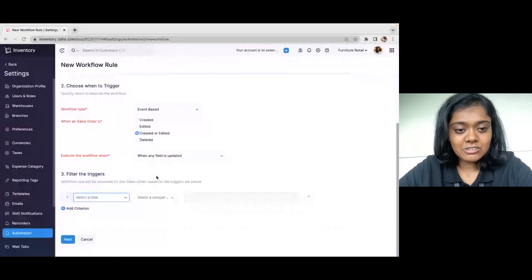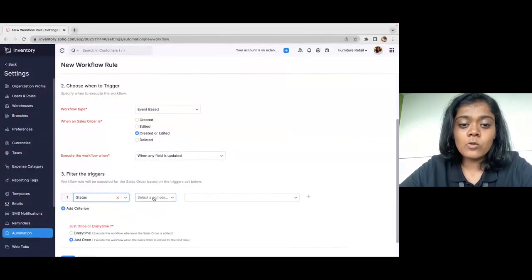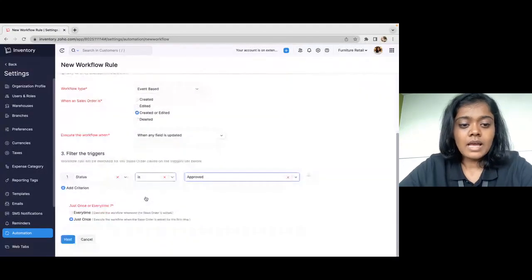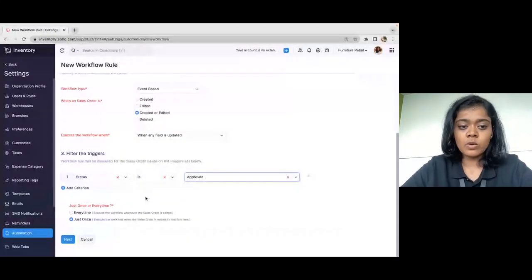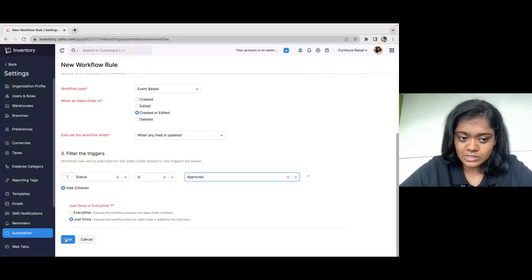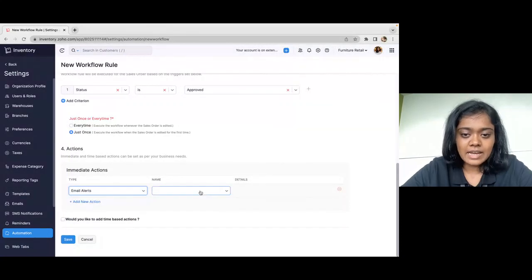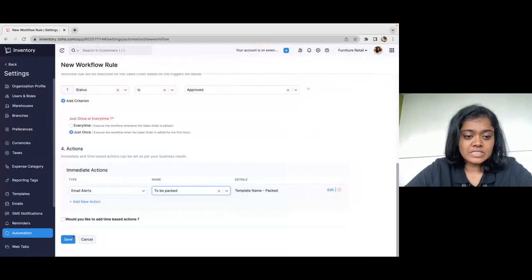So next I'll be filtering the triggers. Here I would want this to happen only when my status is approved. And I would want this to happen only once. So once when it is edited and the status is approved, I would want this to get executed. Under immediate action, I'll be choosing email alerts and the template which I've already chosen. So on saving this,